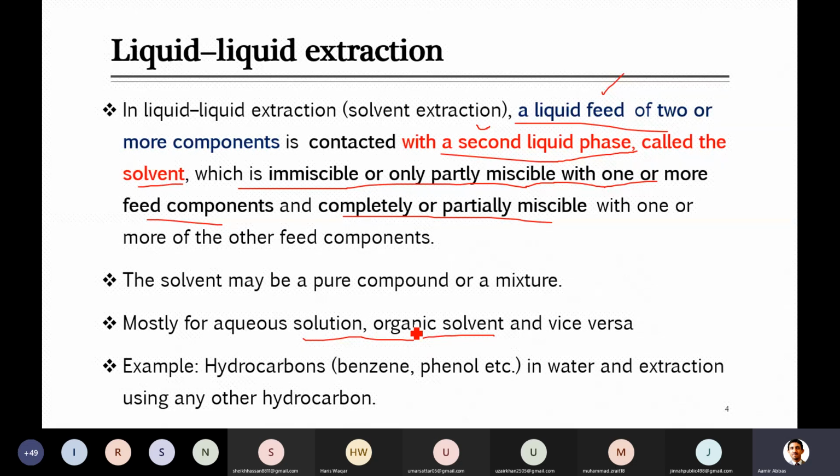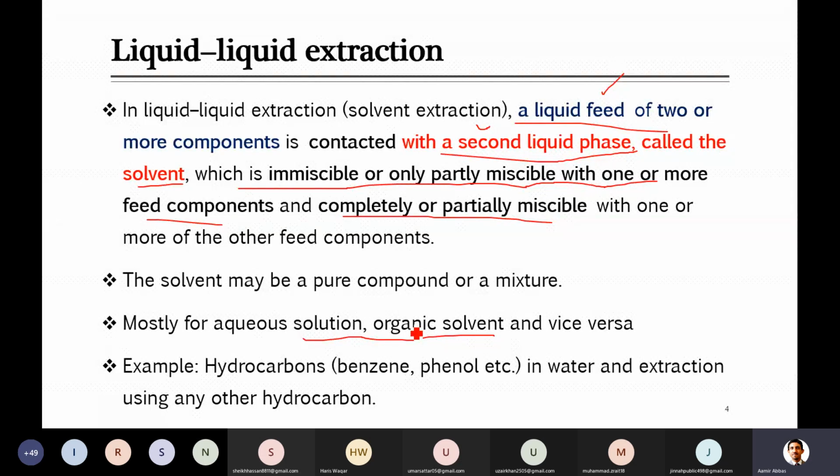And just to look at a specific example, if you have a hydrocarbon, for example benzene, phenol, or toluene, these kinds of aromatic hydrocarbons, as part of water and you want to separate them from the water, what you have to do is bring it in contact with some hydrocarbon, because with those hydrocarbons, the already available hydrocarbons of the feed will have a better chance to interact, and they will be miscible in those organic solvents better as compared to the water. So then they will be separated or removed from the water and will become part of that organic or hydrocarbon stream.